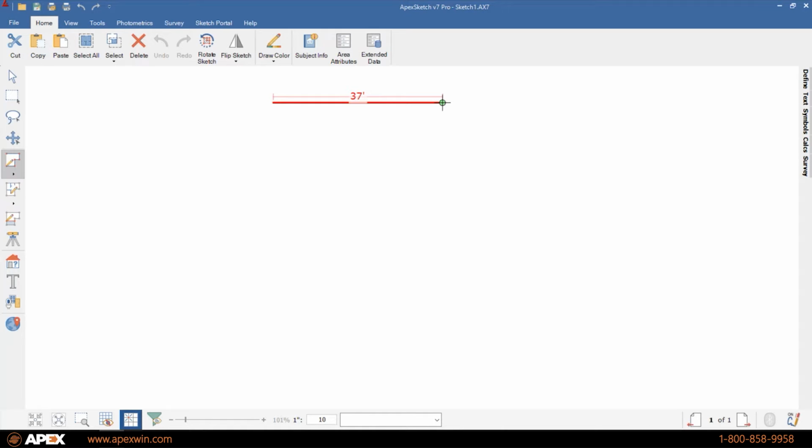So I want 20 here. So I'm just going to type in 20. And then when I tap enter, you'll notice the line changed to 20. There are other reasons this is important, and I'll show you later on in the demo why. But again, type in the distance, tap the direction, tap enter, and we're ready to move on to our next